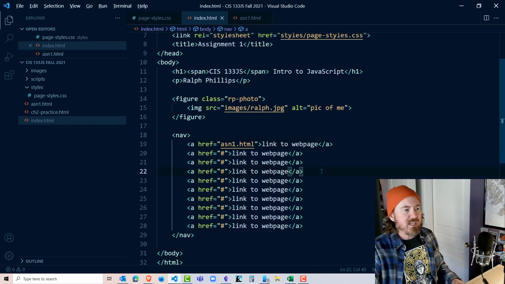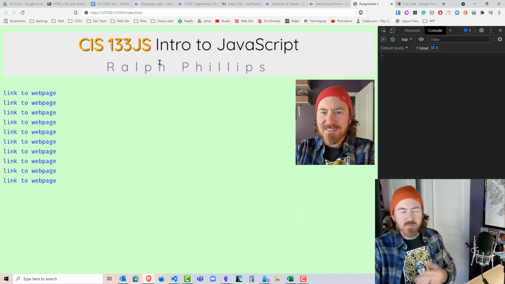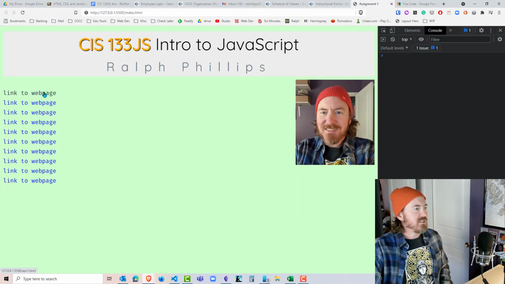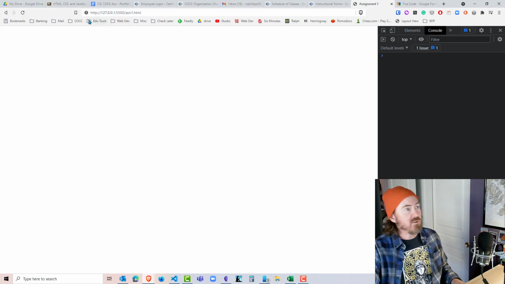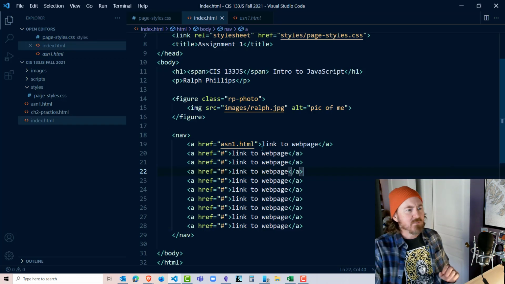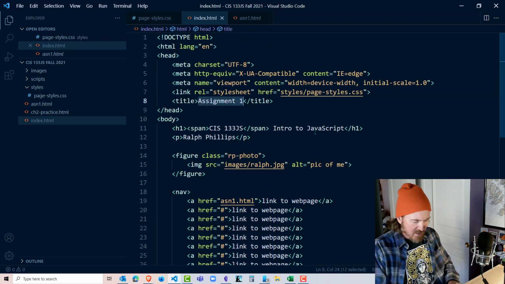What does that really mean? Well, if I'm on my index page, my home page, and now I click on my link to web page, when I click on that, it's going to take me to my assignment 1 file. Excellent. I'm going to do a couple things here. On my index page, I still have this as assignment 1. I'm going to call this